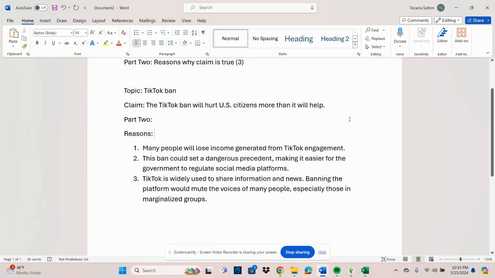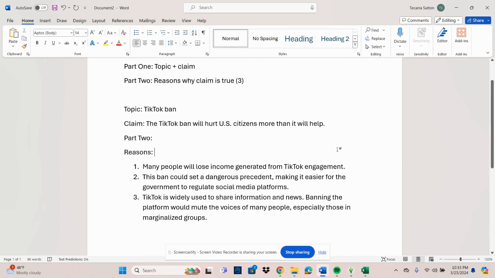But what I basically tried to show you is that it takes time to come up with a thesis statement, to come up with your claim, and then figure out how do I provide rationale for my claim. So I just did this for you. And so for us to be done here, I'd have to figure out how to put my claim together with my reasons. Okay. So it would look something like: the TikTok ban will help US citizens more than it will